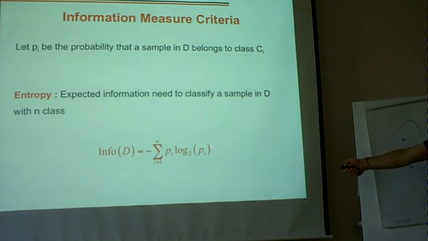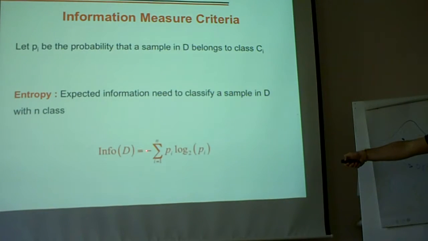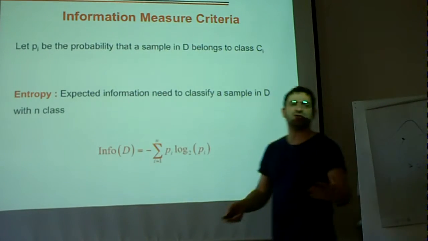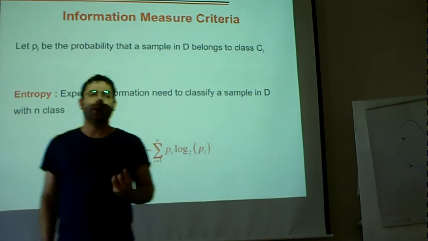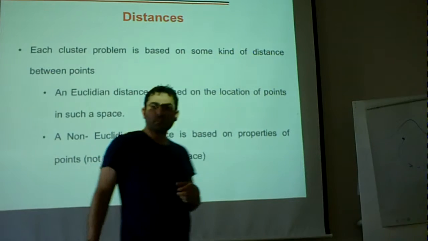And positive multiplied by negative is negative. We add lots of negative numbers. It is still negative, so we multiply also by a negative. So this is how we calculate the information or entropy of the sets that we have. Now,